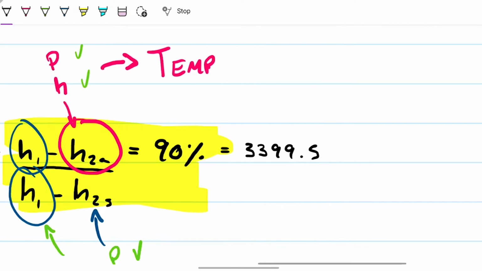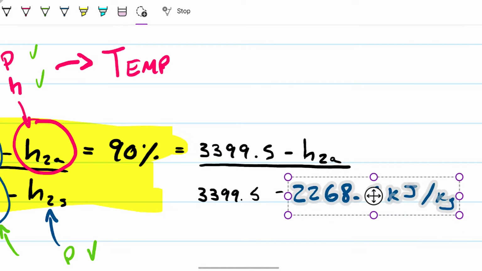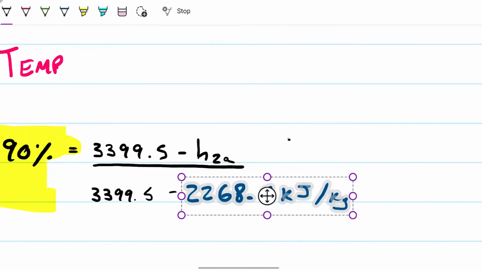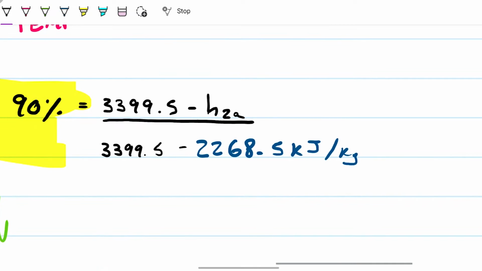3399.5 minus enthalpy 2A, which I don't know, which is what I'm after actually, right? And then divided by the same thing, 3399.5 minus the number we just found, 268. Okay? So note that the only unknown that I have here is that of the 2HA. Okay, so what I can do is obviously take this subtraction here, multiply that by 19,